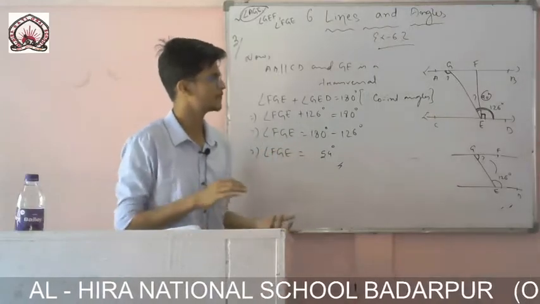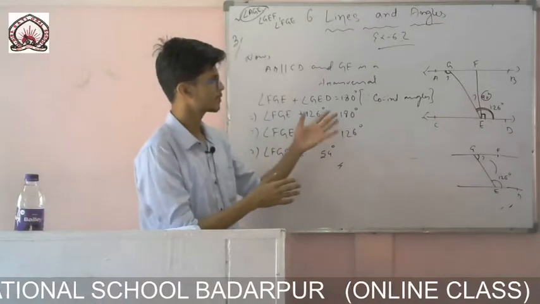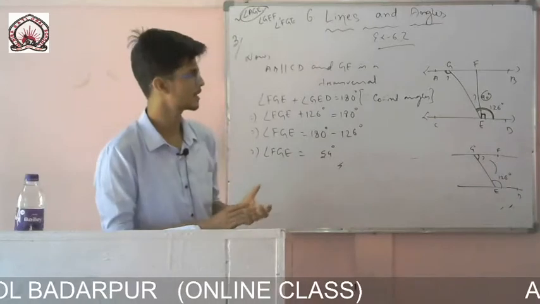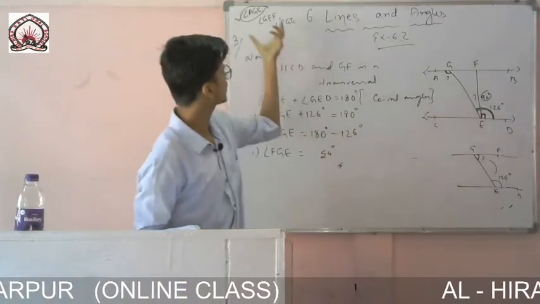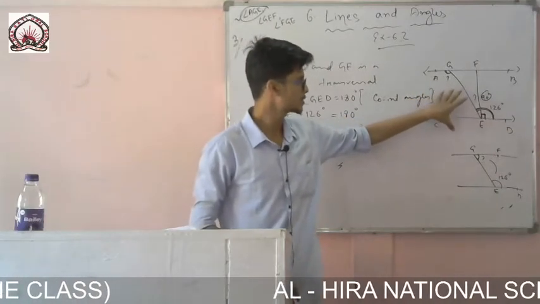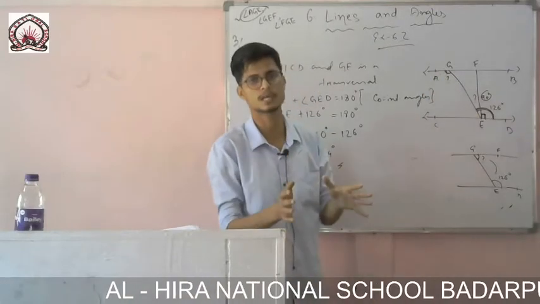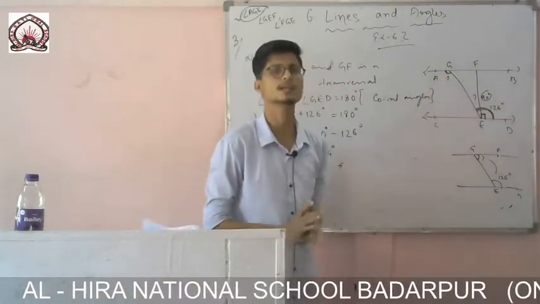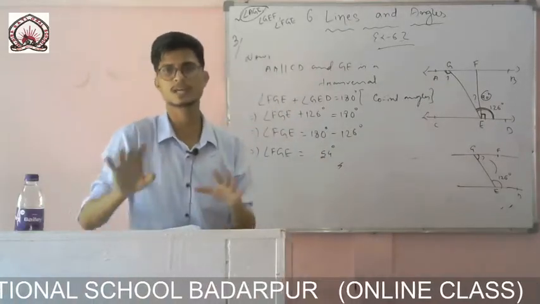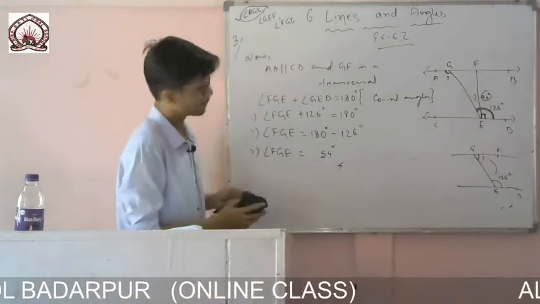So very easily I have found it one by one. So you always try to do it in a way so that you can find it. First of all you see the question, then you draw the diagram, and then you try to relate the things. One by one you try to find. Don't go on just saying, oh, how can I find this thing. You just see the question very carefully. You draw the diagram and then you see, this one I need, so how can I relate this one with the other angles. This angle I need, how can I relate it with the other angles, what is given in the question. So like this you try to find a relation and then you try to solve it. It will be very easy. Okay. Now let us move to question number 4.